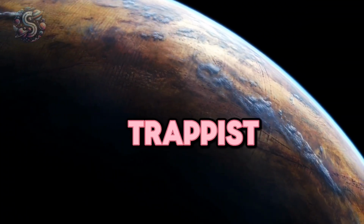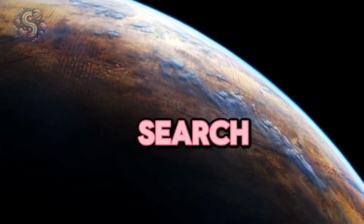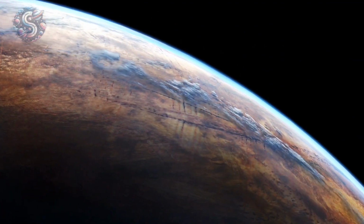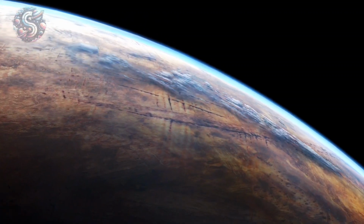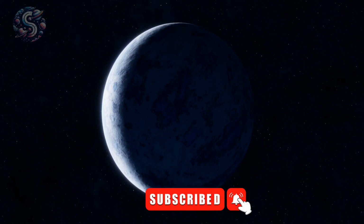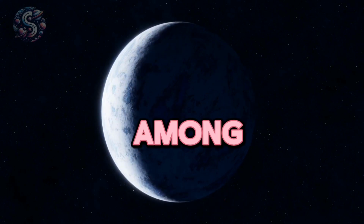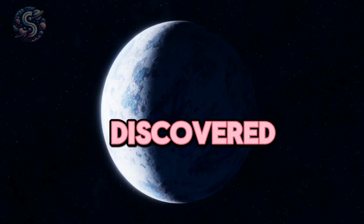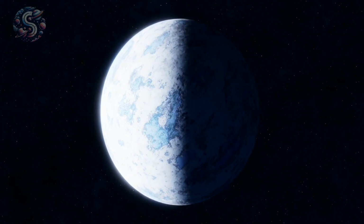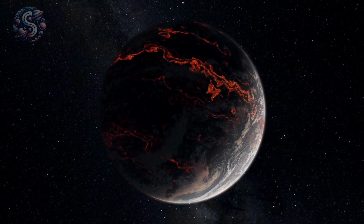Exploring TRAPPIST-1e in search of a habitable world. Since the discovery of the first exoplanets, the search for habitable worlds outside our solar system has been one of the main goals of modern astronomy. Among the numerous exoplanets discovered, TRAPPIST-1e has emerged as one of the most fascinating and promising candidates to host life